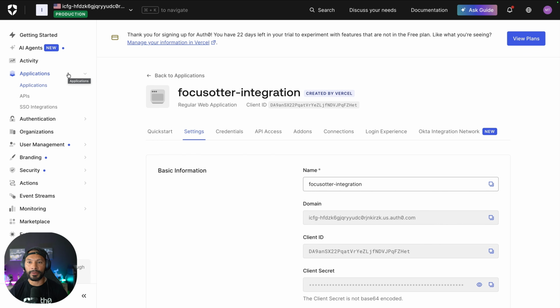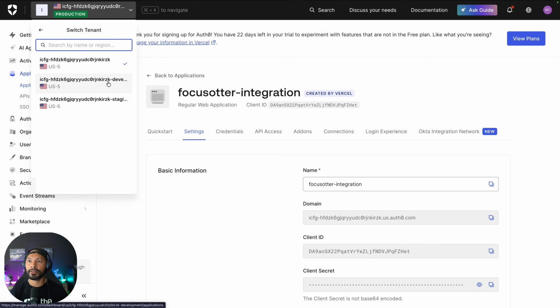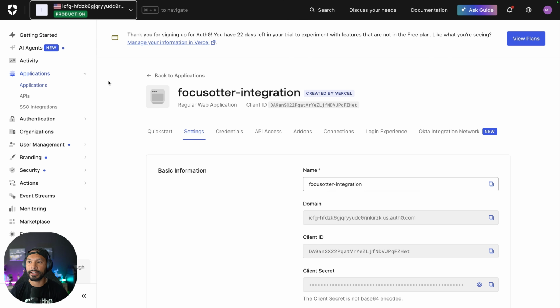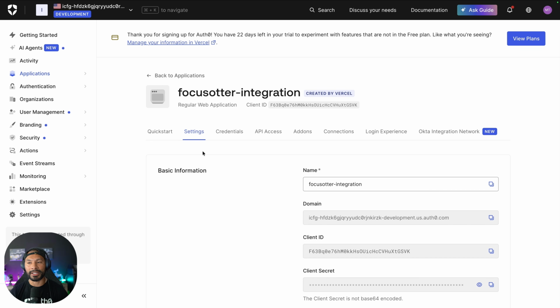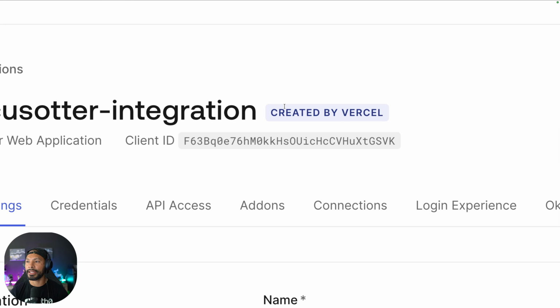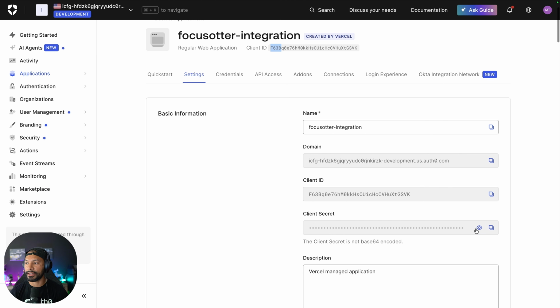And I can make a quick little verification to make sure that when we switch over to that tenant, we have access to that as well. So let's go over here. We'll head over to the development instance, we'll check out these settings. And sure enough, I have that integration set up in my development tenant, but the client ID is going to be F63. And then of course, the client secret down here is going to be following that same principle of